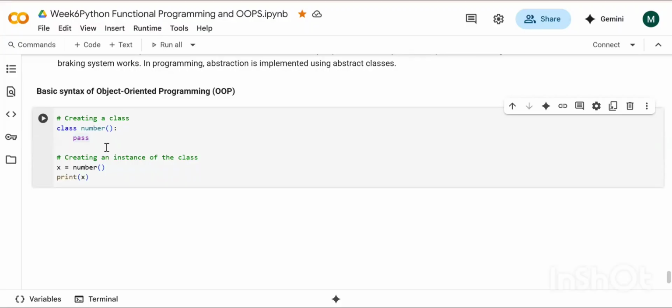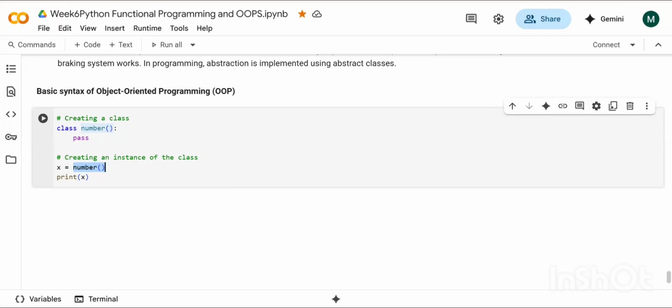So for just the syntax, I'm taking it, okay? And now my creation of class is done. I have to create an instance of it. Instance means an object of it. X is equal to number. Pass is a statement which we use in a function or anywhere else when you do not want to do anything, when you do not have code to write, and you do not want any kind of error to come. Null. Yes, Sudha, you are correct.